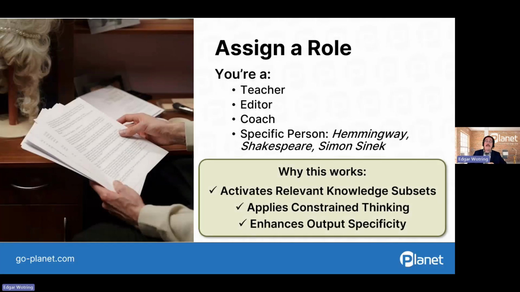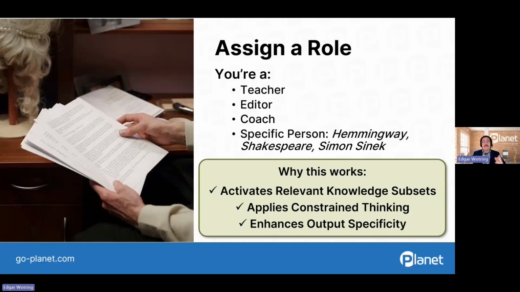This activates relevant knowledge subsets. Each role, just as an example, a molecular biologist, triggers deep associations with knowledge on the internet, and it allows the AI to draw on specific relevant information within its vast data set. It also applies constrained thinking. By adopting a role, the AI is forced to apply the principles, the mindset, the constraints associated with that role.